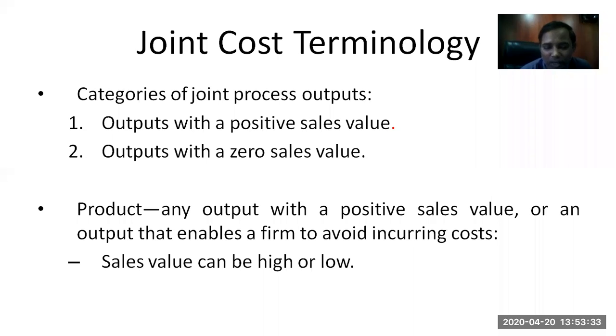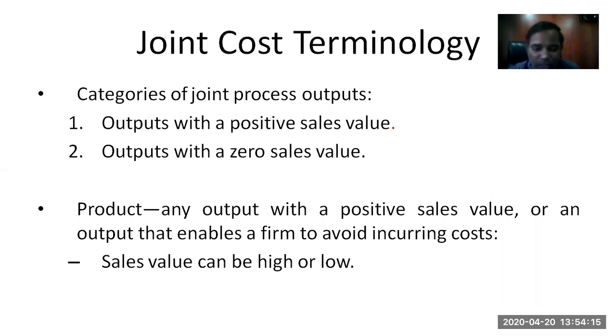Coal tar, for example. Nobody expects crude oil from the ground to produce coal tar. Every country is expecting crude oil from the ground to produce petrol and diesel, which are the high sales value products, but coal tar is also produced in that process. Coal tar is a byproduct. It is not a desirable product, but it comes because of the process. So anything that is not a desired product but is a result of the process can be termed a byproduct. So a product can be anything that has a positive sales value. Now, sales value depends on the product; it can be high, can be low, etc.